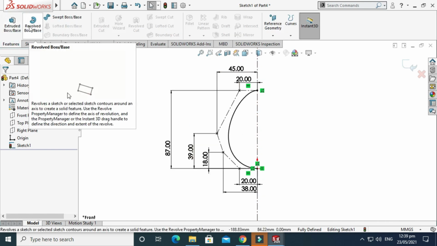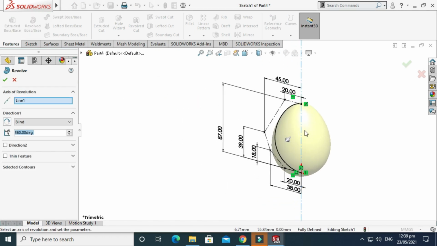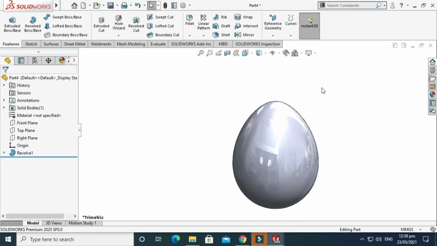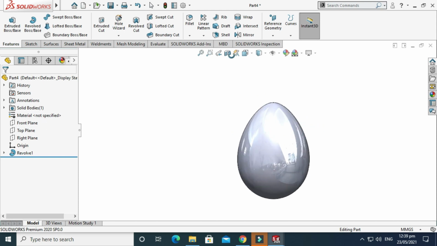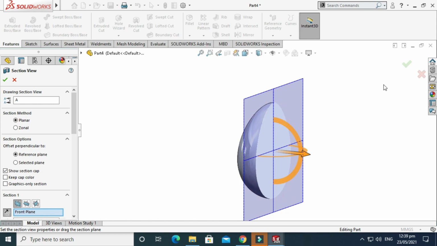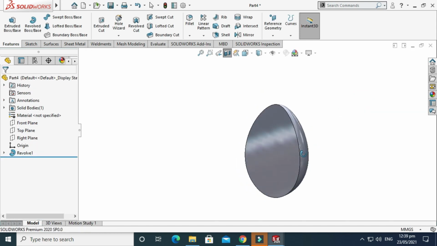Next I'll go to features, I'll go to, let's say, revolve boss, and I select this center line, and I'll press OK. So the basic shell is done, but if I select this section view, it is showing that this shell is solid from the inside.